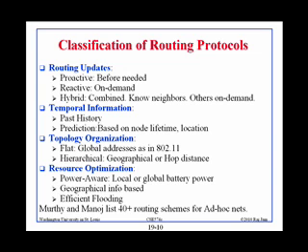So these schemes are classified based upon the routing updates. The routing updates can be proactive, reactive, or hybrid. Proactive means before you need that, you just find the route. Reactive means when you need the route, you find it. So if a packet comes, now you say, oh, how do I reach 10? Then you ask somebody, can you tell me how to reach 10? Or do you know how to reach 10? That is reactive. Right? And hybrid is a combination of the two. So hybrid means you will have some proactive and some reactive. And so you will know some neighbors, and then others you will do on demand.